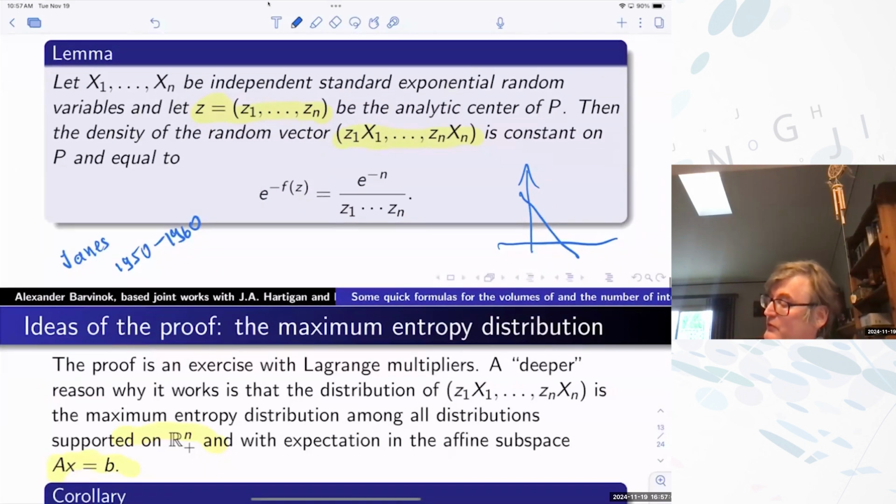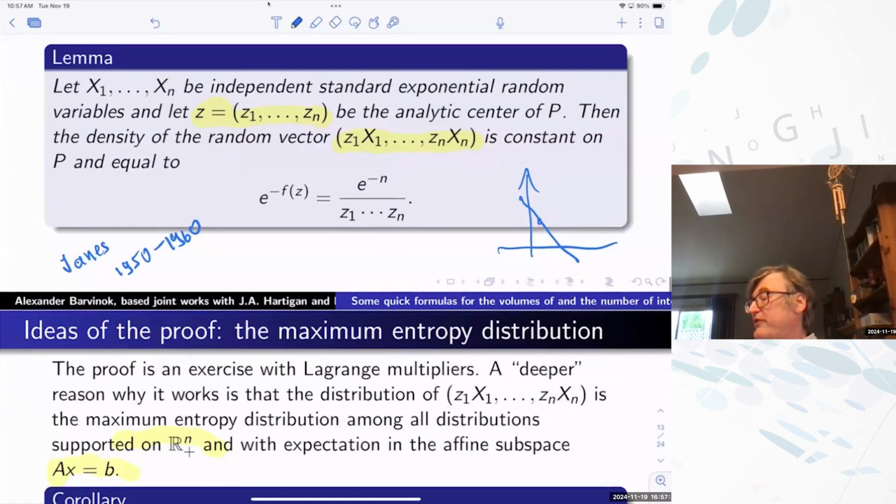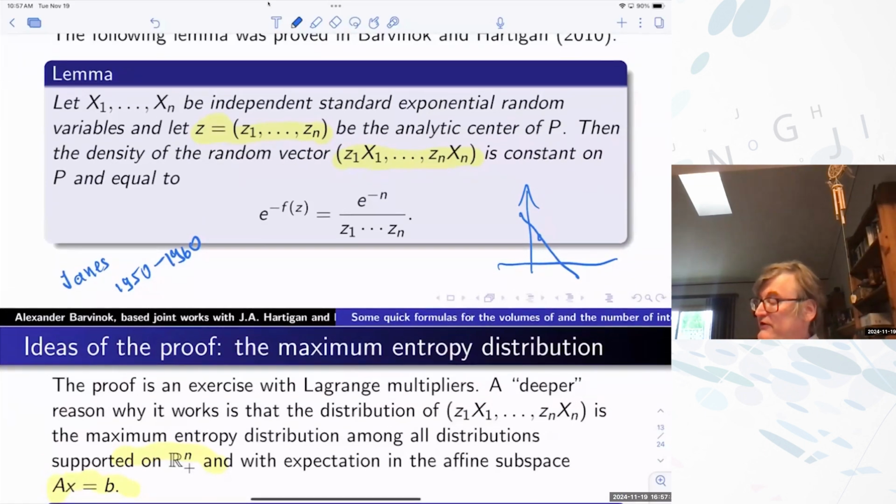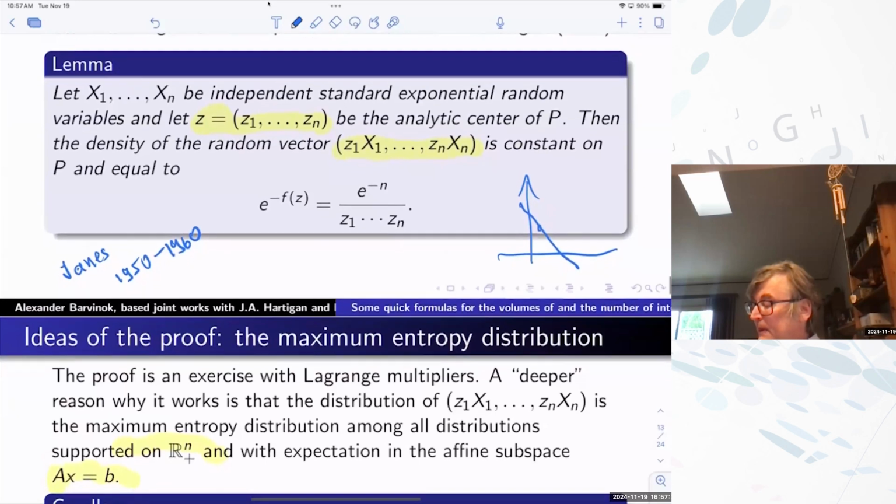So something like that we can try to pull here. We pick a random point from a polytope, right? And what do we know about it? We know that it's non-negative and its expectation lies in that affine subspace. So it stands to reason, from that perspective, to try to approximate it by the maximum entropy distribution with that property, and that's exactly the scaled exponential, right?